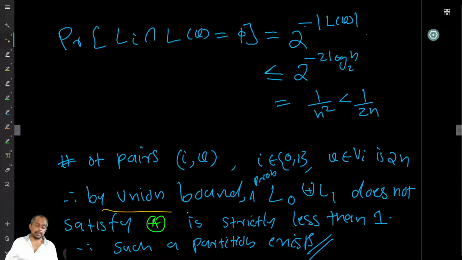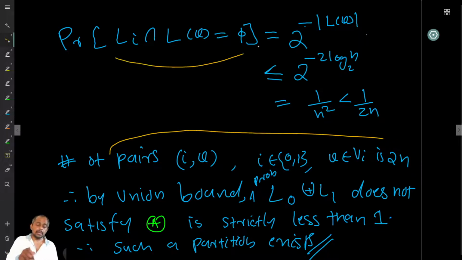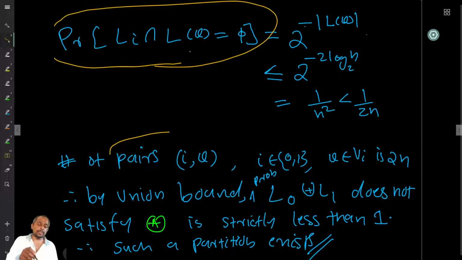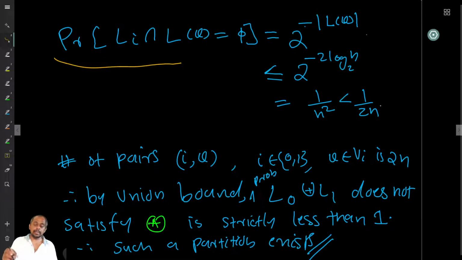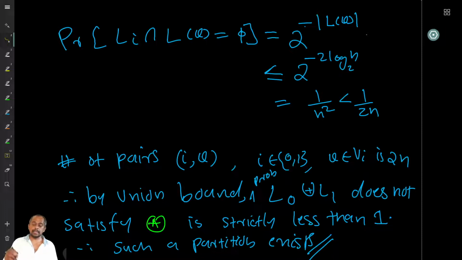So therefore by the union bound, the probability that L0 disjoint union L1 does not satisfy star is strictly less than 1. The total number of such pairs (i, v) is 2n, and therefore when I take the union over all these 2n sets, by the union bound it is at most 2n times this probability, which is strictly less than 1 by 2n. So it is 2n times something less than 1 by 2n. Therefore that is strictly less than 1,